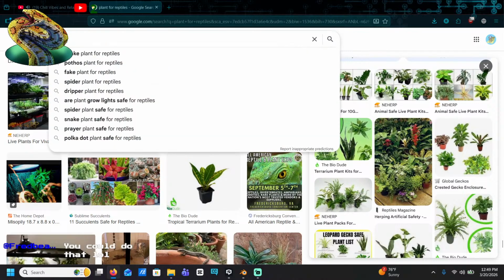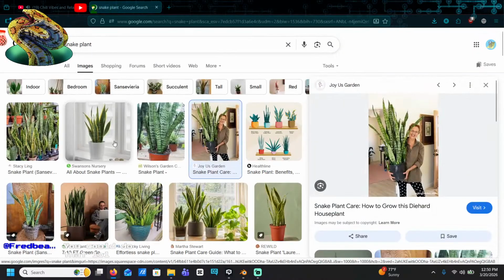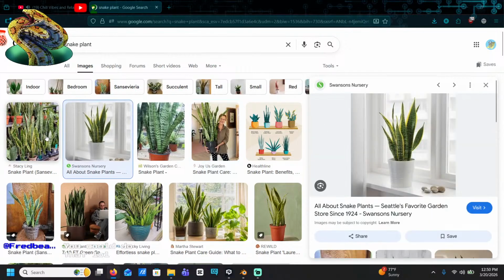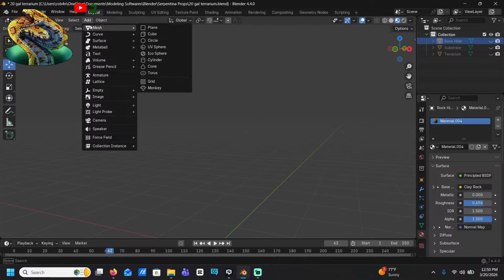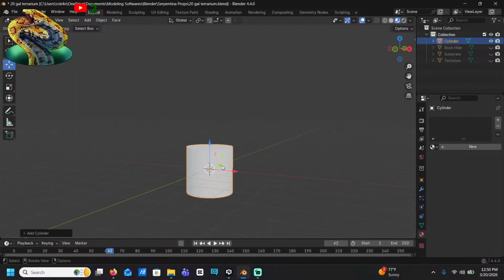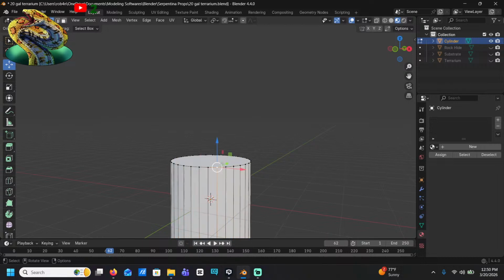Yeah, I'll just do a snake plant. Such a big snake plant. Okay. They look like they should be pretty easy. Just looking at them. Okay. And do it in cylinder form. Okay.